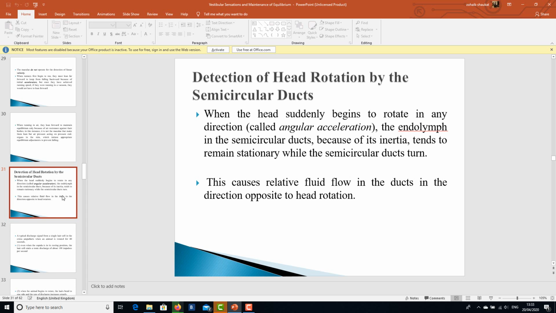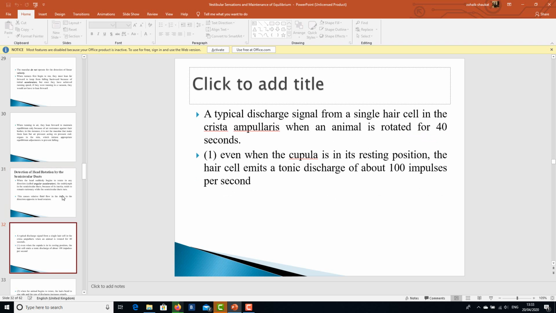Detection of head rotation is the work, or you can say the task, of the semicircular ducts. When the head suddenly begins to rotate in any direction, that is known as angular acceleration, the endolymph in the semicircular canals, because of inertia, tends to remain stationary while the semicircular ducts turn. This causes relative fluid flow in the ducts in the direction opposite to the head rotation. A typical discharge signal from a single hair